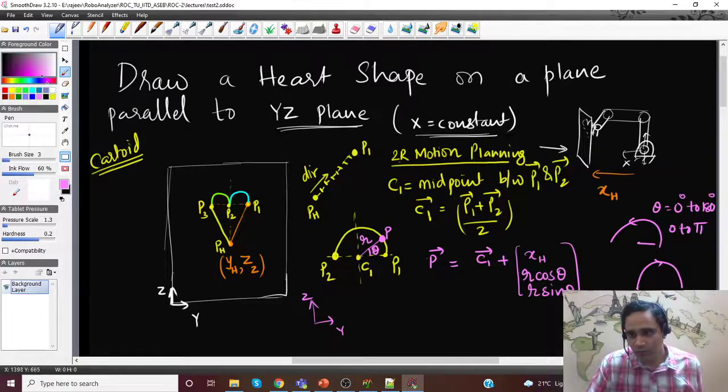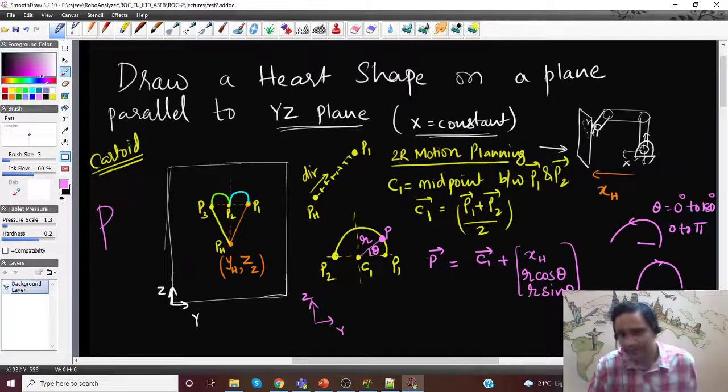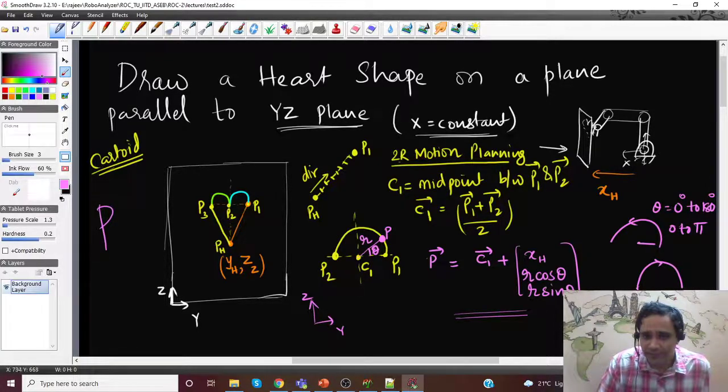So depending on what you want, if you want to draw a shape like P, obviously you'll have to combine some of these points to get your formulation correct. Having said that, if you want to draw a straight line, it is straightforward. You just need a line equation. If you want to draw a curve, you will have to use the parametric equation of a circle, the parametric equation of a circular arc.